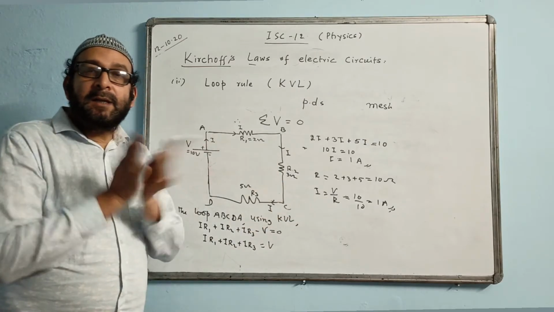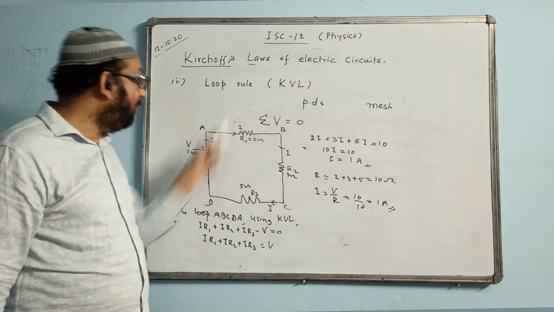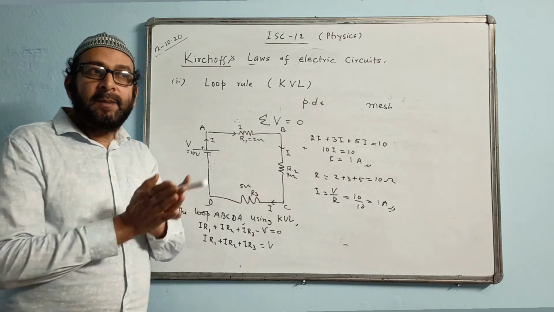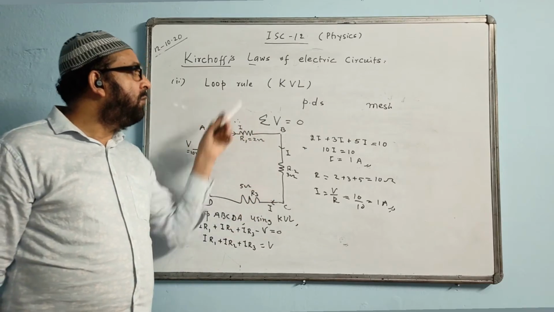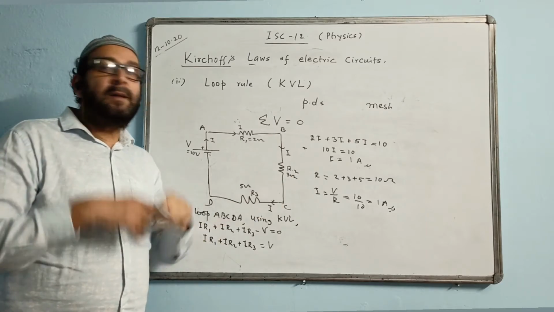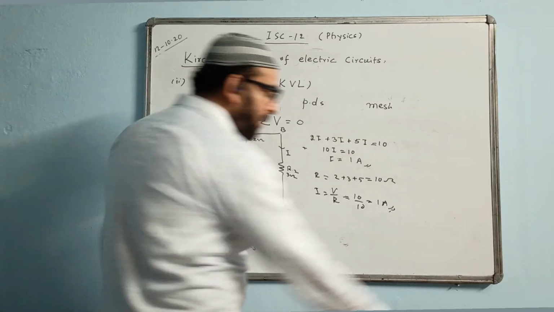But in a complicated circuit, we cannot use the direct method. So there we have to follow Kirchhoff's law. This law only, KVL only, we have to apply. Then only we will be able to find the answer. The direct method will fail there. So there the question will say use Kirchhoff's law and find, or we cannot use the direct method and find out the answer. So there we have to go for Kirchhoff's law only.